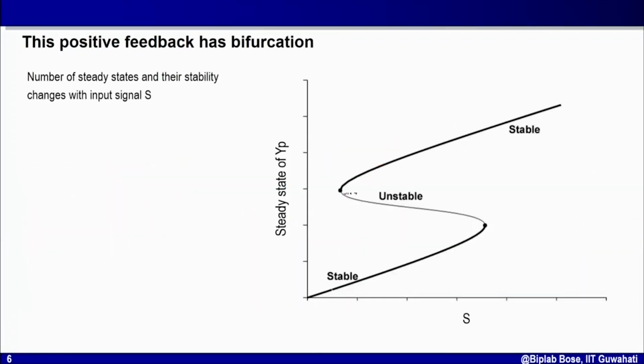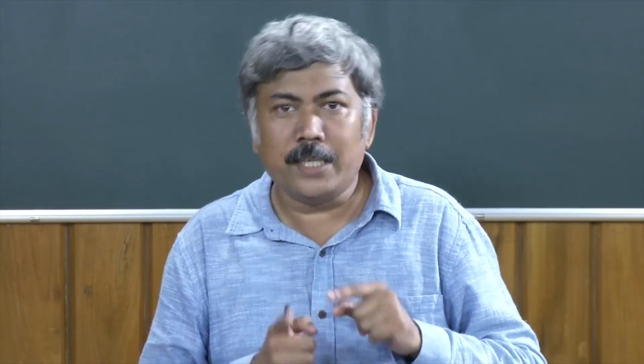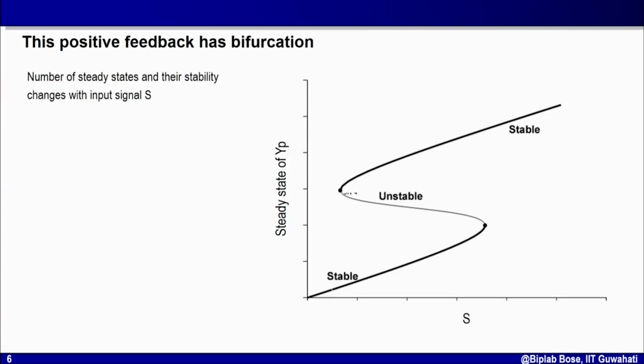Now let us look into it in terms of bifurcation. If you remember what bifurcation is, in a bifurcating system I have one or more parameters. Depending upon the value of the parameter, my number of possible steady states changes, or the behavior around those steady states, the issue of stability or instability around those steady states, changes, or both of them change together. So in this case, as I change S, my number of steady states changes and the stability of those also changes. So what I can do is draw a bifurcation plot, the way I have shown here, with S in the horizontal axis and